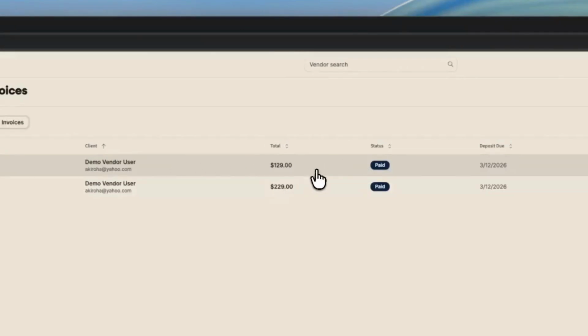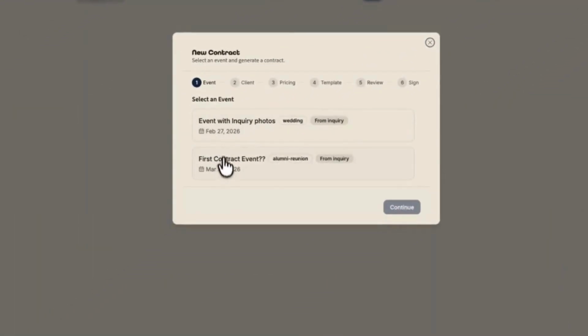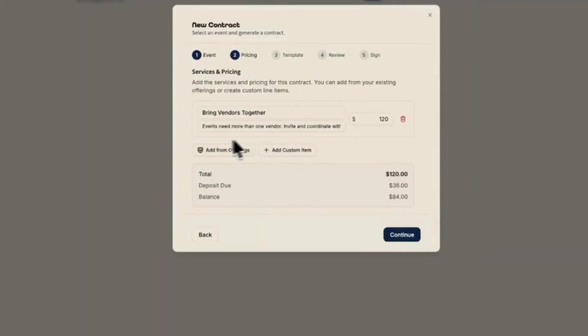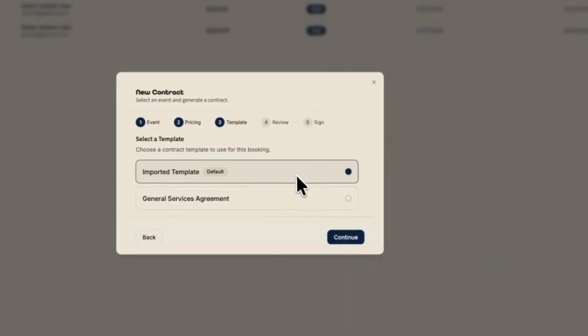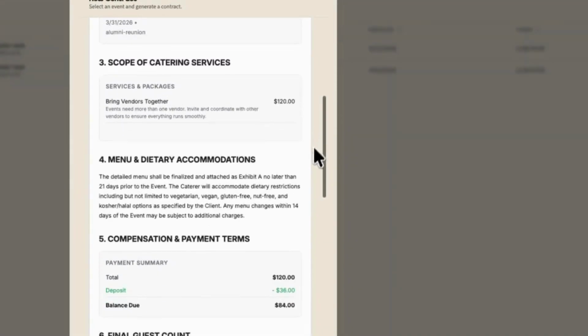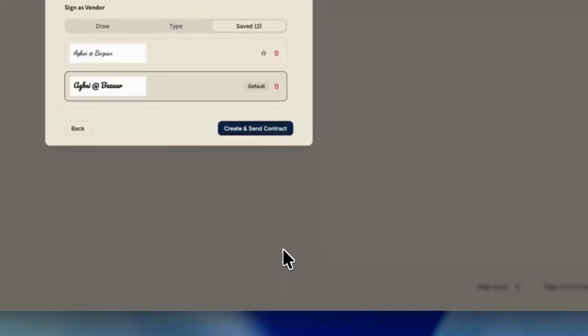I will now be confirmed as the event vendor. And here we see a new contract, right? So this new contract, this is if you have any events in Bazaar that don't have a contract associated with them, right? You can click this button and generate a contract. So here are some events that exist for me that don't have contracts associated with them. So I'm just going to select them and go through this flow of, you know, confirming the offerings, confirming the pricing, confirming the template. Then I'm going to review the contract, right? Make sure everything is nice and accurate. Then I will continue and